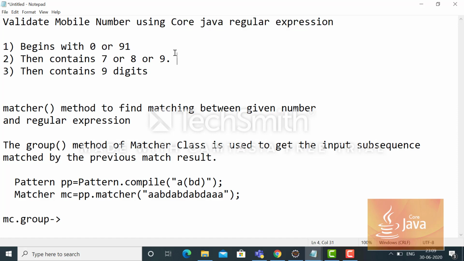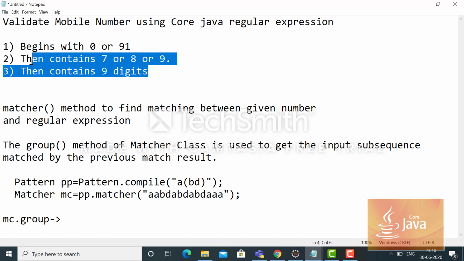Now there are conditions that have been given. The mobile number should always start with 0 or 91, and then it should have only one digit, but that digit should fall in this condition: it will be either 7, 8 or 9. Then it should be followed by a 9 digit number.